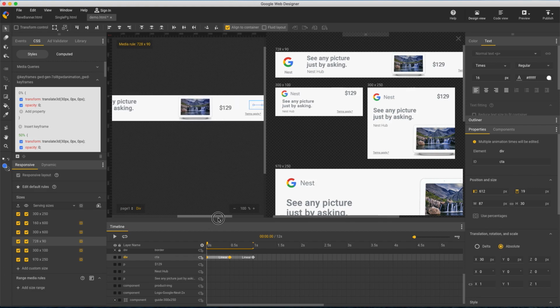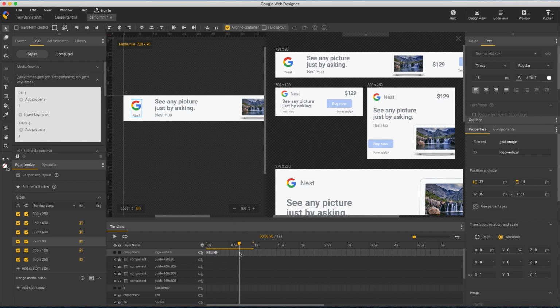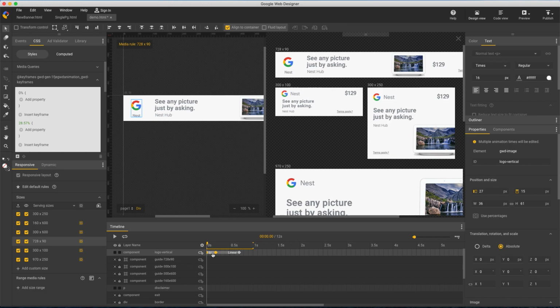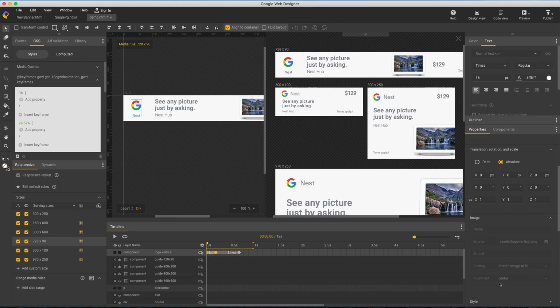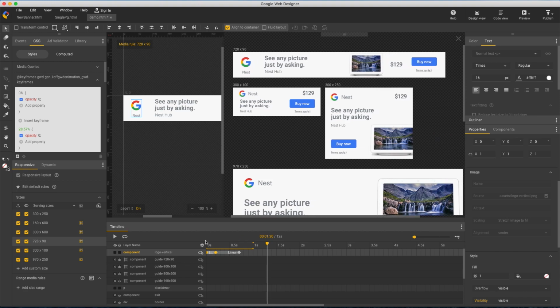I can even create entirely new animations like the logo. And preview to see my leaderboard has completely different animation.